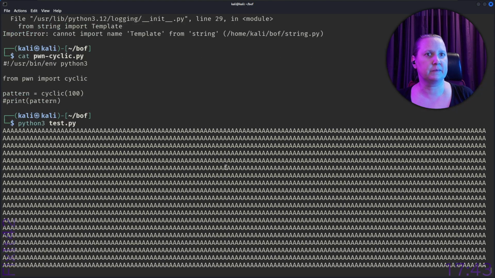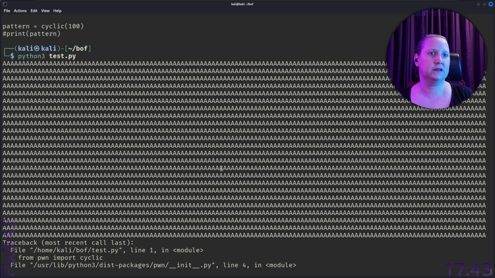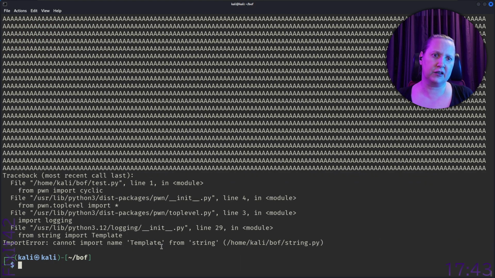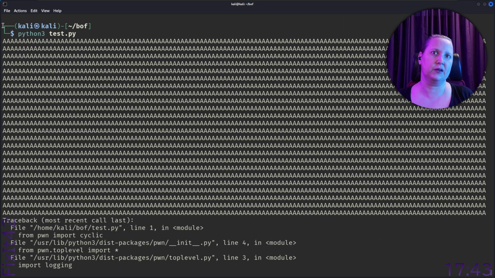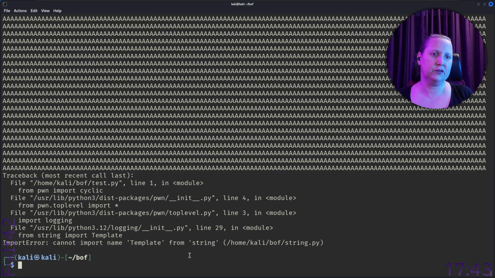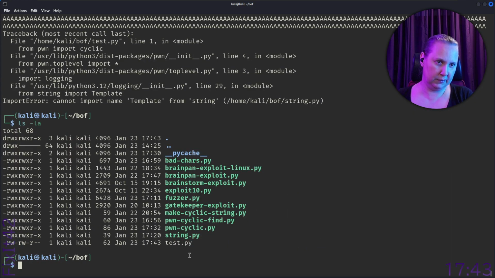And we get lots of A's. Where is this A's coming from? So I used to print 3,000 characters, or 5,000 or whatever. And I thought, well, okay, it's printing it, but then it's getting an error. But now we're doing something totally different. So let's run the other cyclic find instead. So if we run cyclic find, so ./cyclic find by